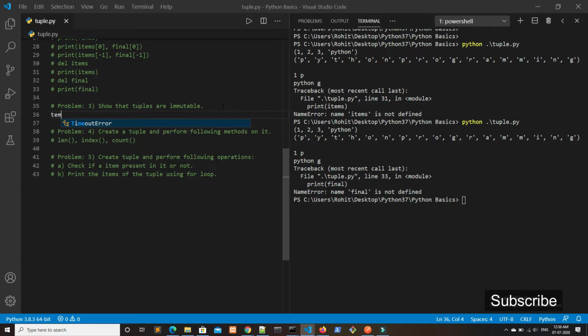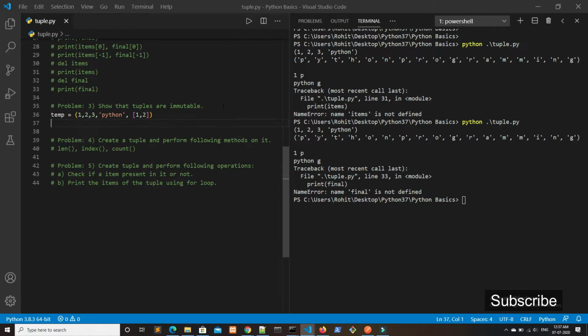Suppose I define a tuple as temp and I will be giving values as 1, 2, 3 and a string Python, and I also will be giving a list here. We can pass a list inside a tuple. I will be passing 1, 2 as values inside the list.